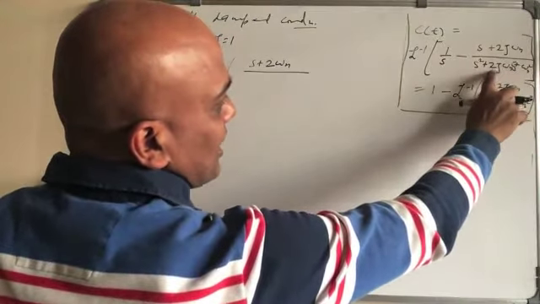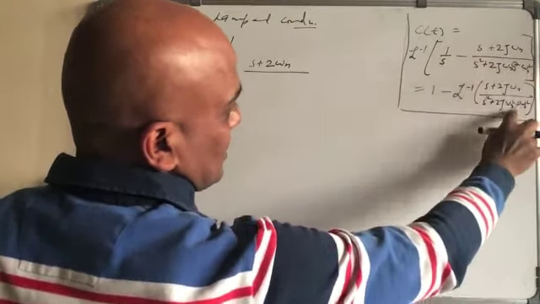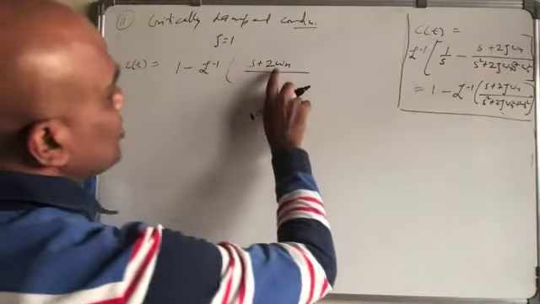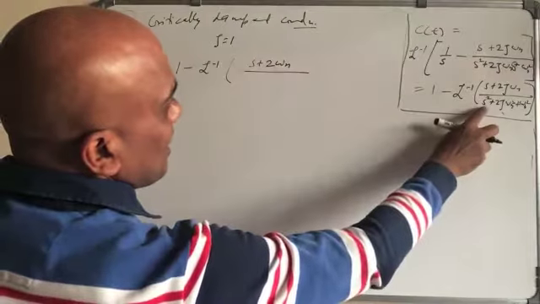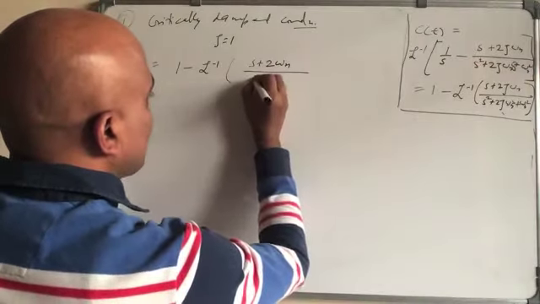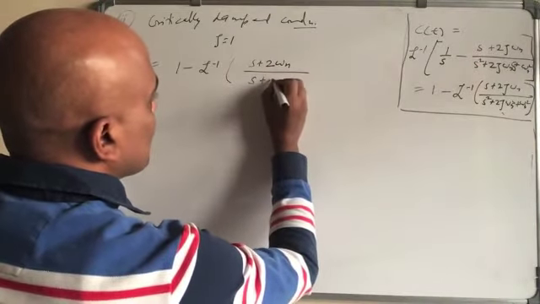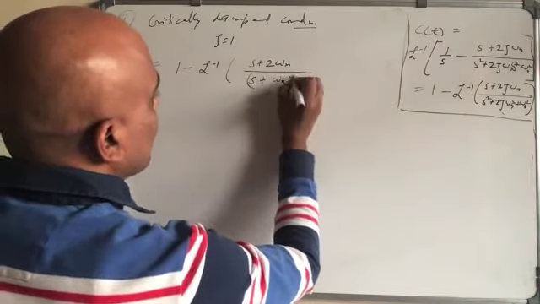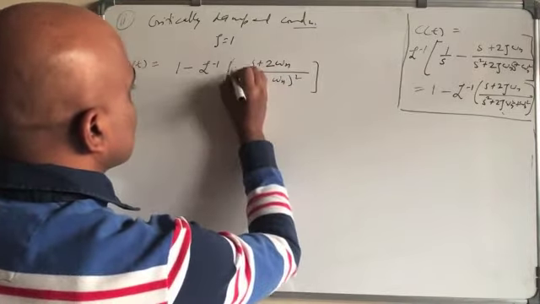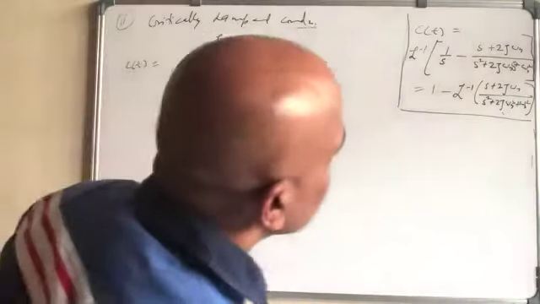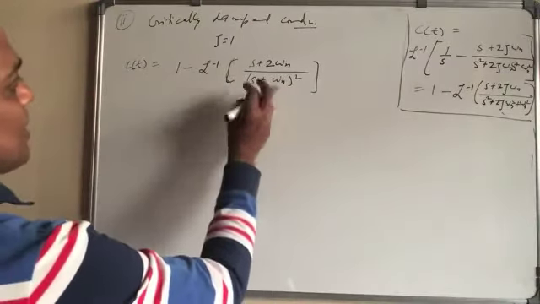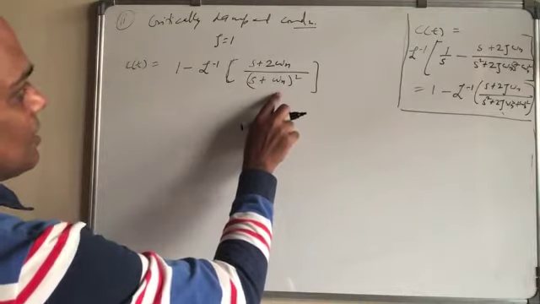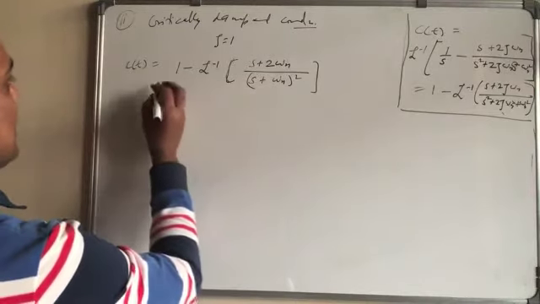Earlier we forgot, we had to include 2 zeta omega n S here also. So S plus 2 omega n divided by S square, S plus omega n square. So we can have this. If you take the,